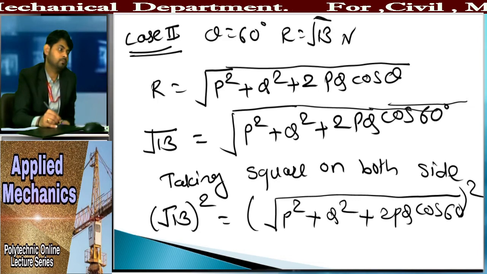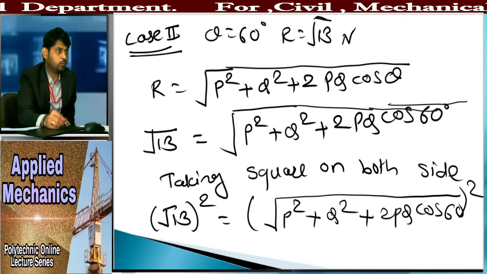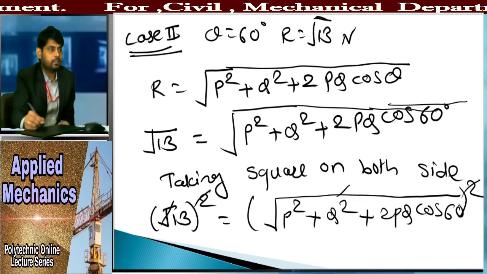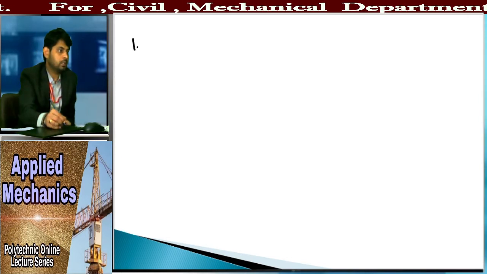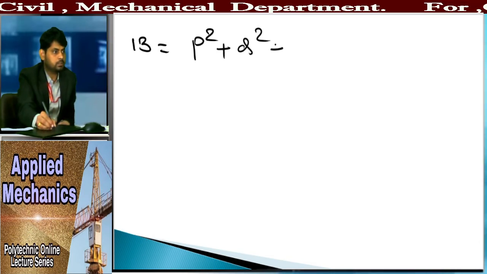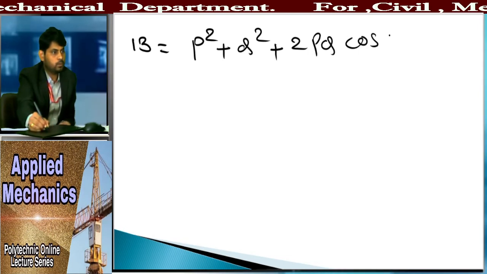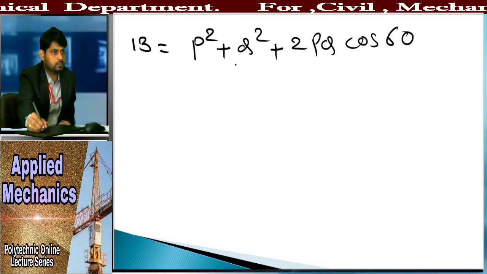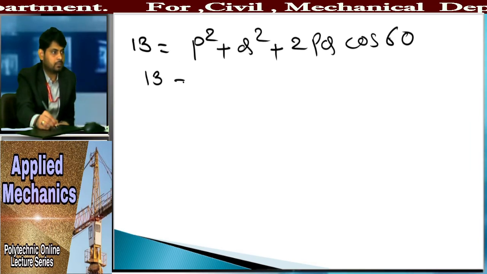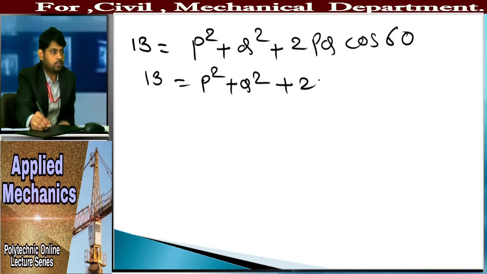Bracket square. So after taking a square on both sides, this square and this square root will get cancelled, and this square root and this square will get cancelled. So your values like this: 13 is equal to p square plus q square plus 2pq cos of 60, right? So write down the value of this like 13 is equal to p square plus q square plus 2pq, and